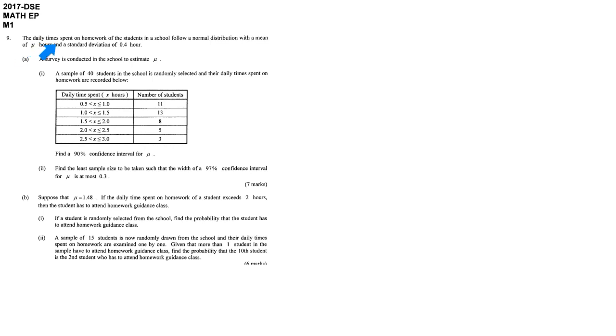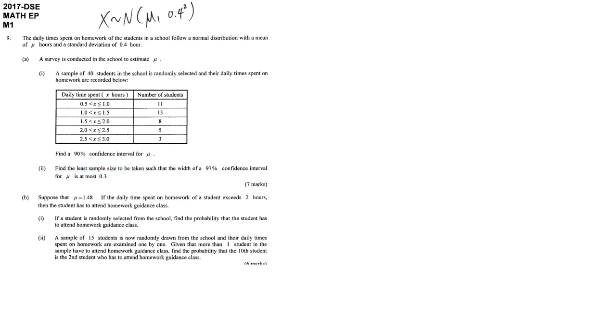In this question, the daily time spent on homework is denoted by X hours. Then they say that it follows a normal distribution with a given mean and standard deviation, which means that X follows a normal distribution with mean μ and variance σ squared. They give us a sample of 40 students' data, and we are going to find the 90% confidence interval